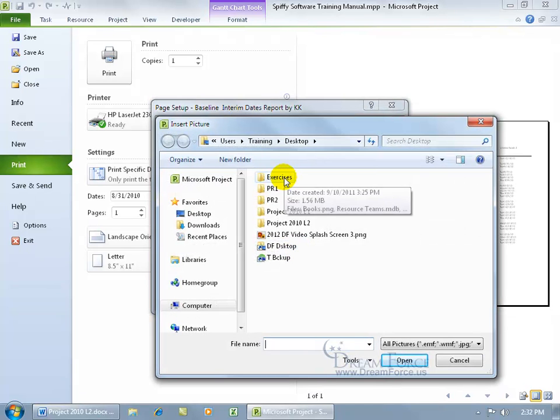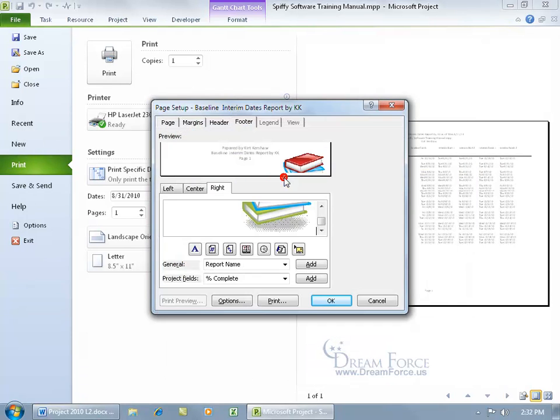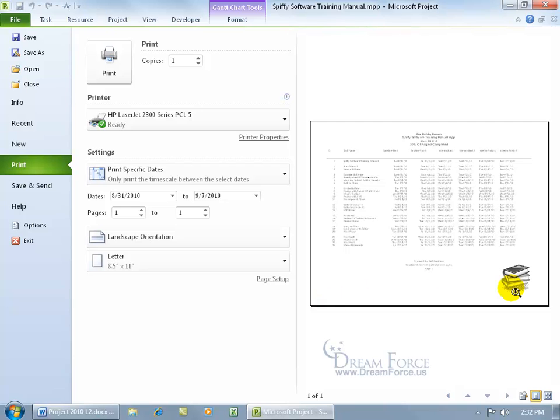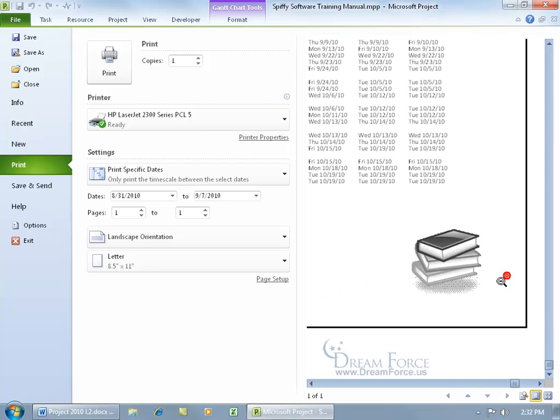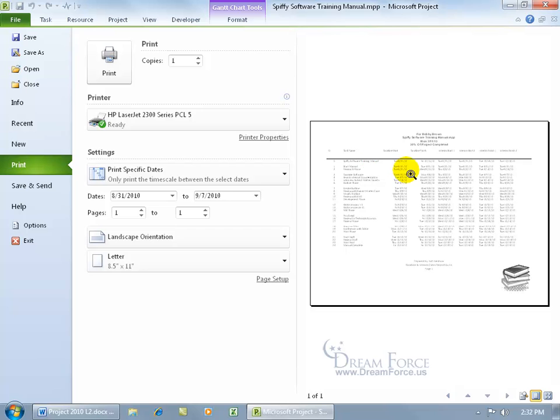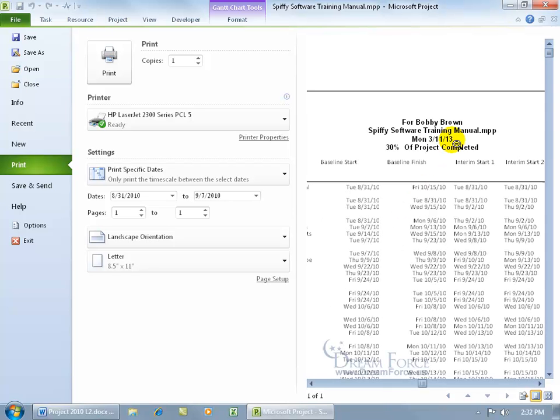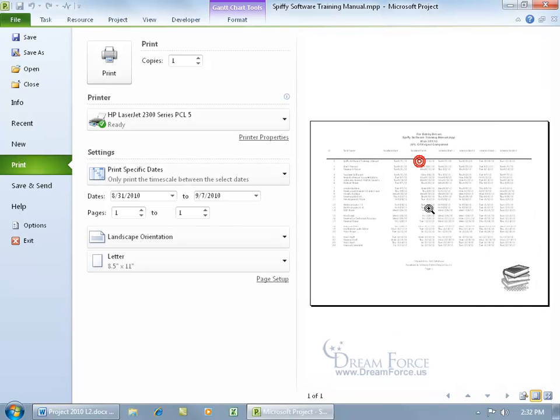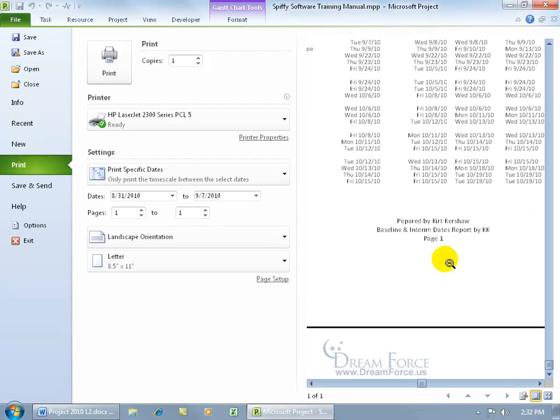And on my desktop in the exercises folder is my books. Double click on that. It adds the books. It gives you a preview of what it looks like there. And then we go ahead and click OK, and looking pretty fancy. There's my books. Click on it to zoom in, click on it to zoom out. And there's the title of each page, if I had more than one page, of course. Click on it to zoom out, and then the footer of each page, prepared by, name of the report, and page 1. And then the next page would be page 2,